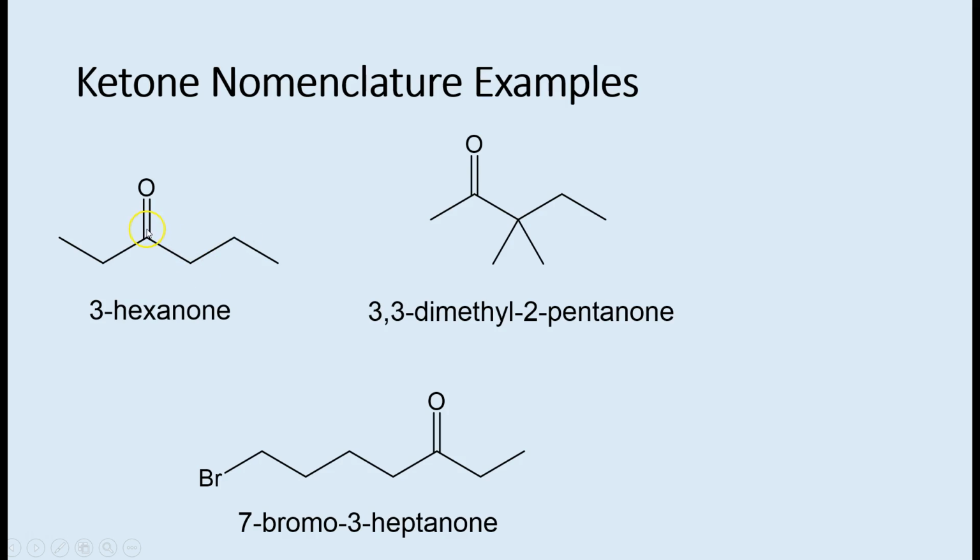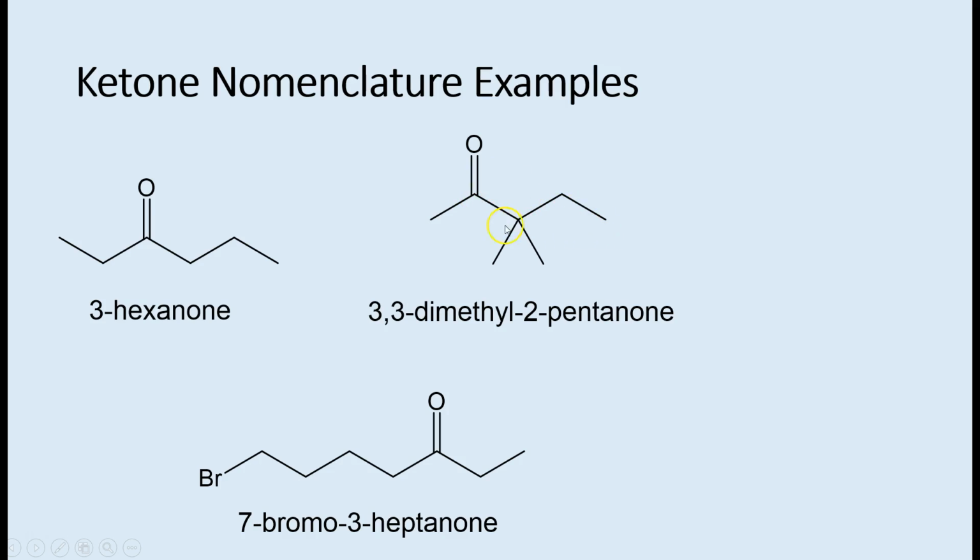So this is hexanone. For this compound, I am going to look for the longest carbon chain that contains the carbonyl carbon. That's going to be 1, 2, 3, 4, 5. I could go 1, 2, 3, 4, but that's only 4 carbons. And so the longest chain that contains the carbonyl is also the longest chain, period. It is 5 carbons. Again, we're going to number this one from the left because it puts the carbonyl carbon at carbon 2, whereas if we numbered from the right, it would put the carbonyl carbon at carbon 4. So it's pentane, pentanone,